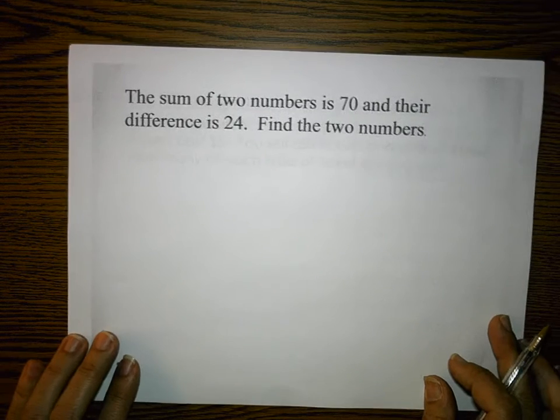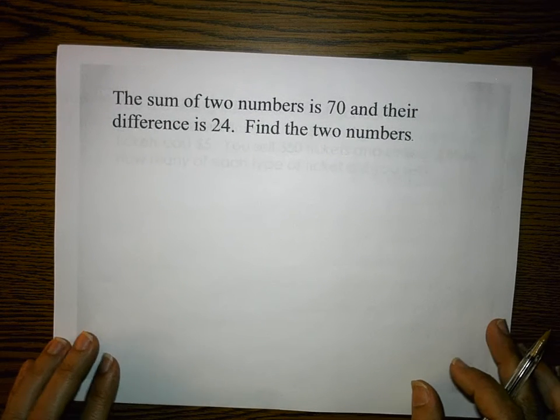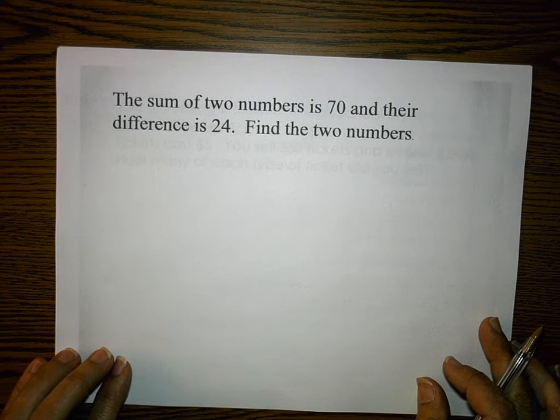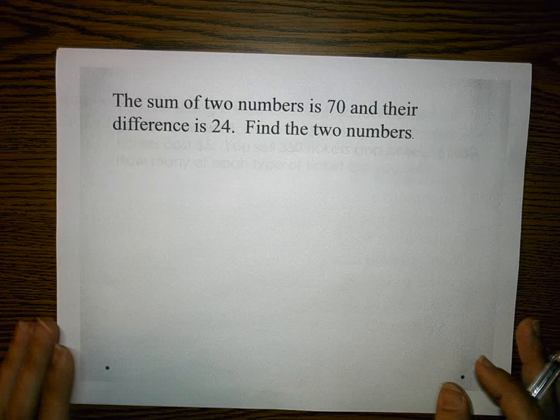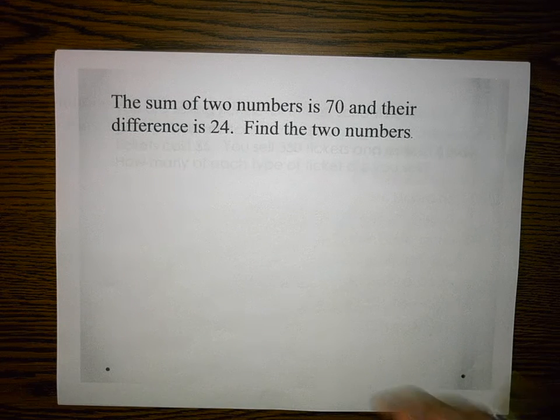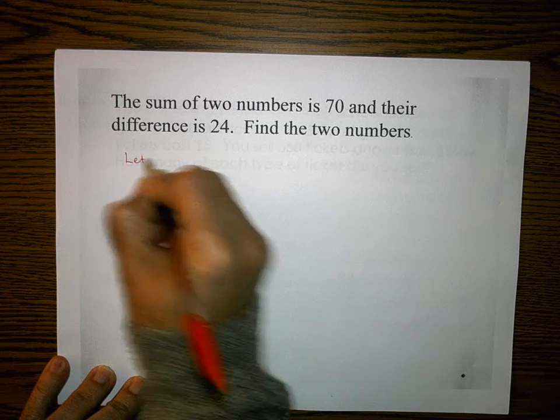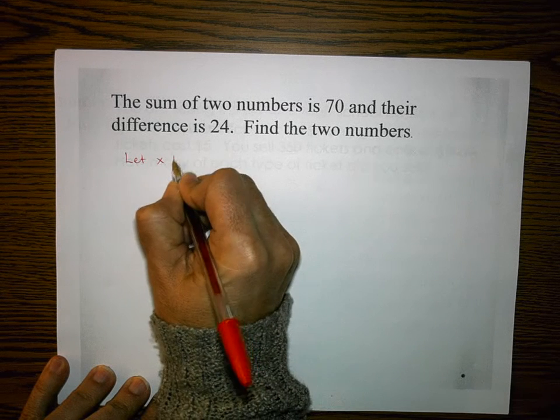The sum of two numbers is 70, and their difference is 24. Find those two numbers. Okay, I have no clue what these two numbers are. Absolutely no clue. So the first thing I'm going to do is say let x be one